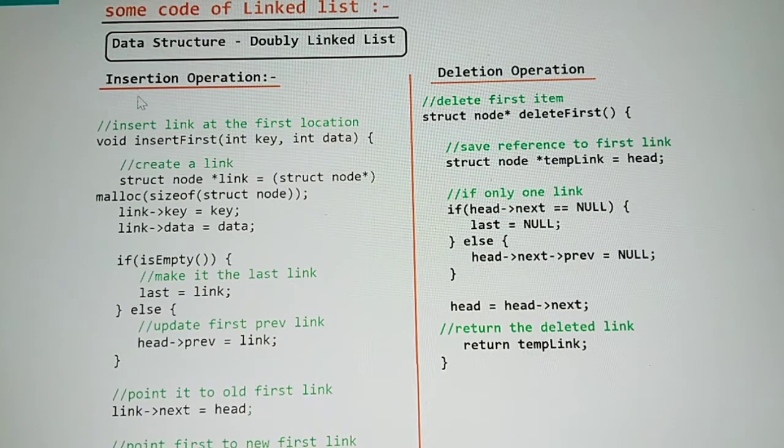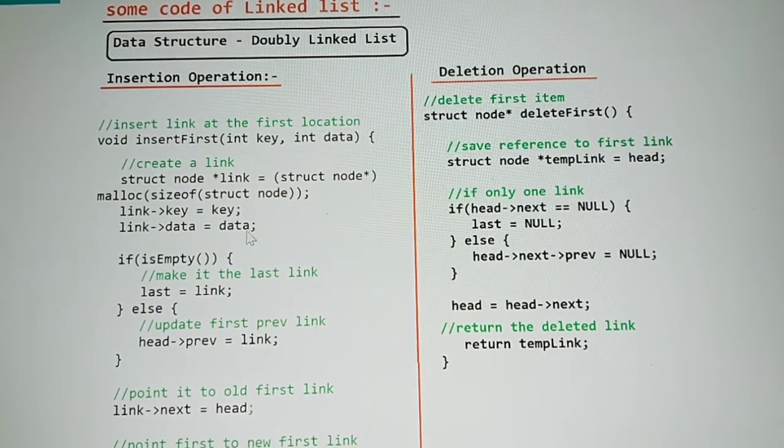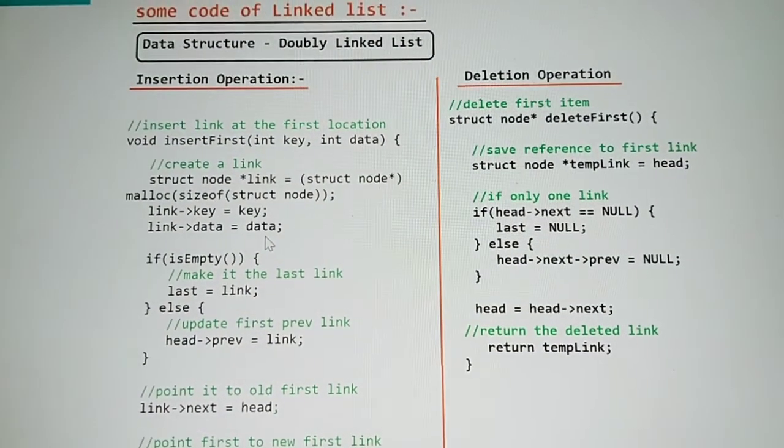So if I want to insert any element, what can we do? This is the code to insert any element or data in a linked list.